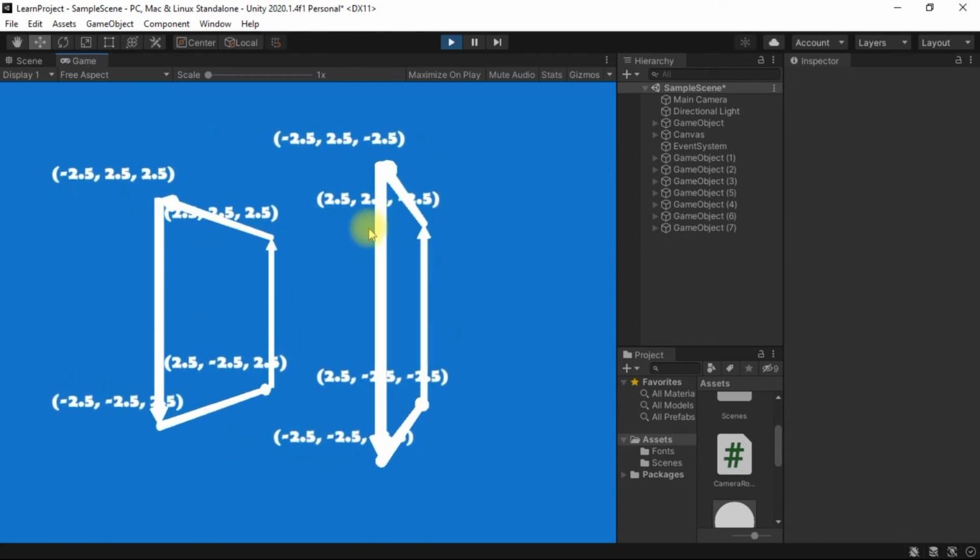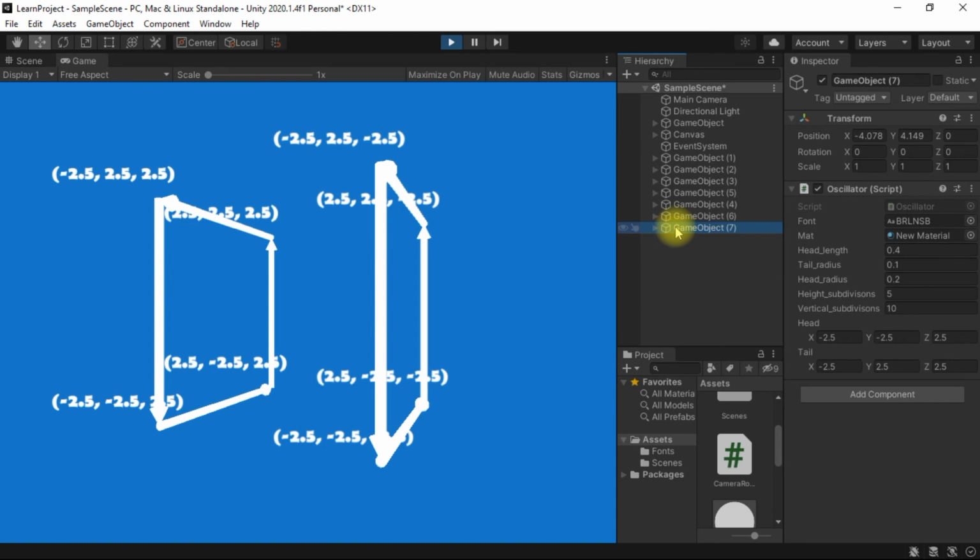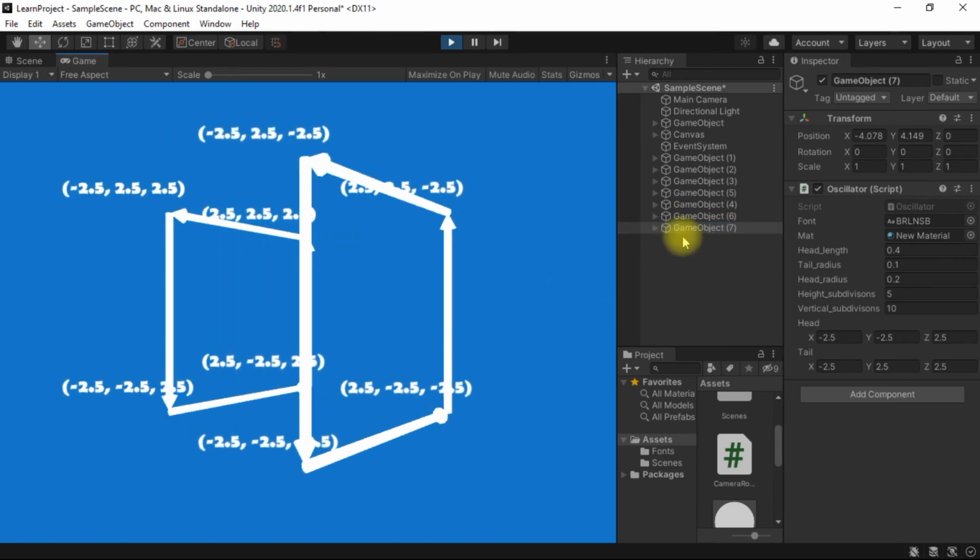Okay, so we will have to add 4 more vectors. So let's add this. Okay, there is some kind of confusion, but we can handle it. Now I have duplicated a vector, so let's choose this position. This is minus 2.5, minus 2.5, and 2.5. So here we will put our tail.